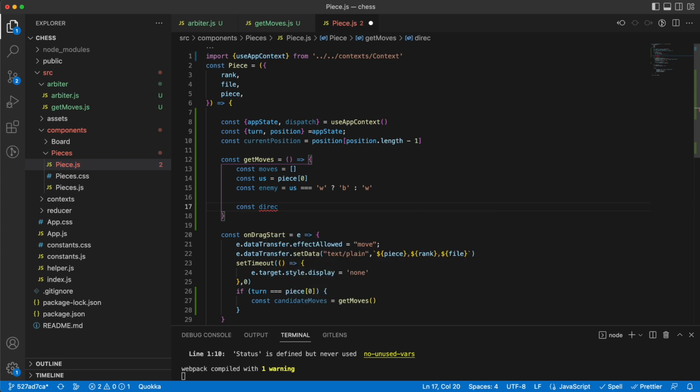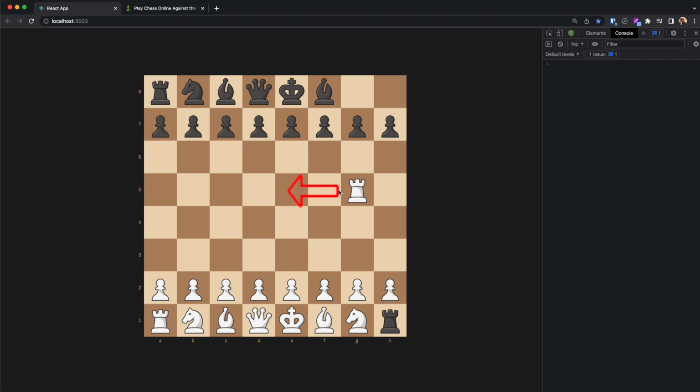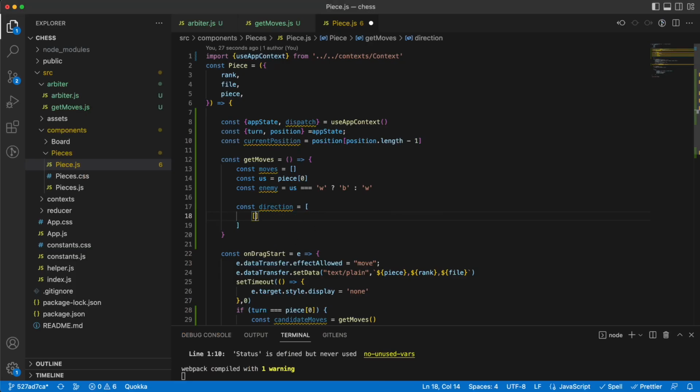So I would say the direction that a rook can move is going in this way, going in this way, going up or going down. This way means my rank is the same, but I'm decreasing the file one at a time. In this direction I'm increasing the file, the rank is the same, and here I'm increasing the rank, and here I'm decreasing the rank, and the file is the same. So in other words, I can move in this direction,